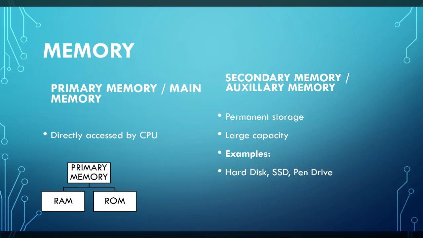Next, secondary memory. This is also called the permanent storage, and it has large capacity as compared to primary memory. Examples include hard disk, SSD, pen drive. See, if I am buying a phone, then the memory that comes with the phone is called the primary memory. If I am buying a phone with 16 GB storage or 24 GB storage, that storage that you are seeing in the advertisement is called the primary memory. Whereas if I am increasing the storage for that phone, I am buying an SSD card for that to increase the storage space, then that is called the secondary memory.